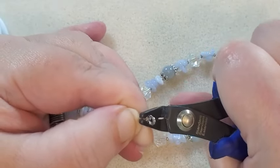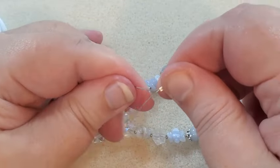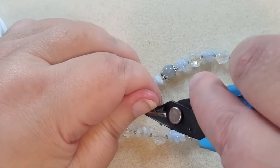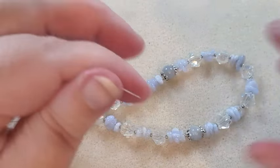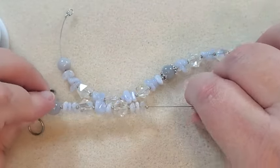Give it a good tight squeeze. And now I'm going to tug. That's good. So now I'm going to take my cutters and cut off my extra wire. And now I'm going to push all this down and crimp my other side, but I'm going to have to